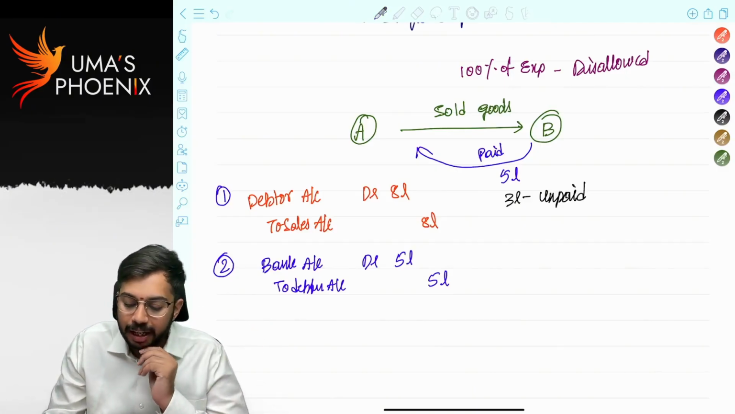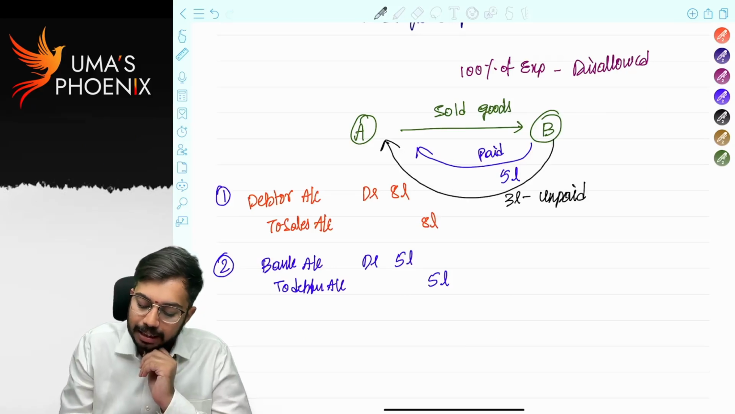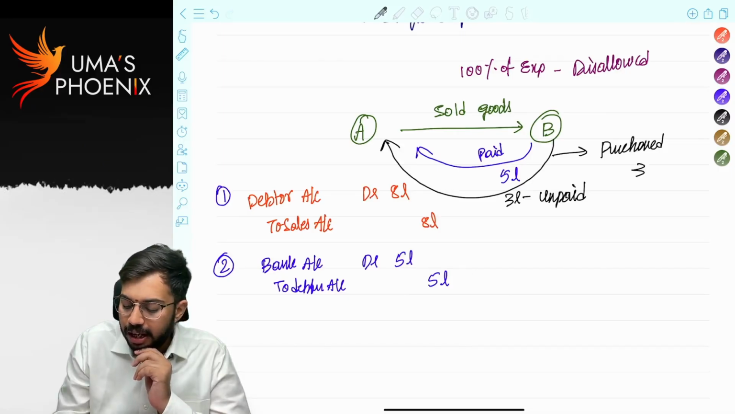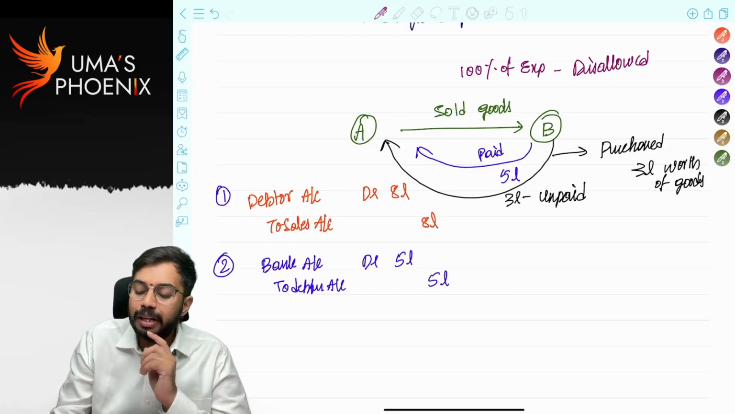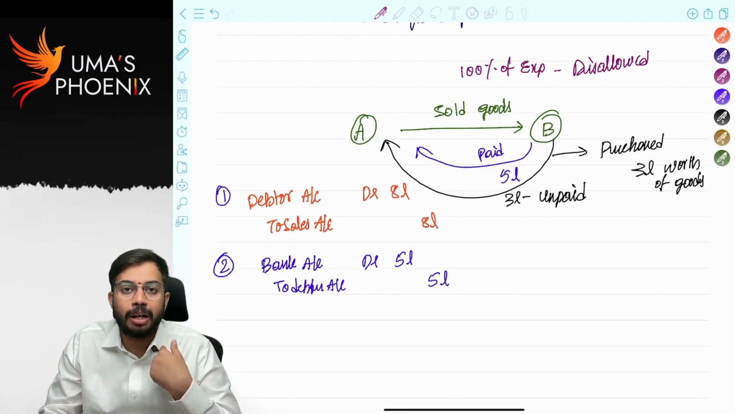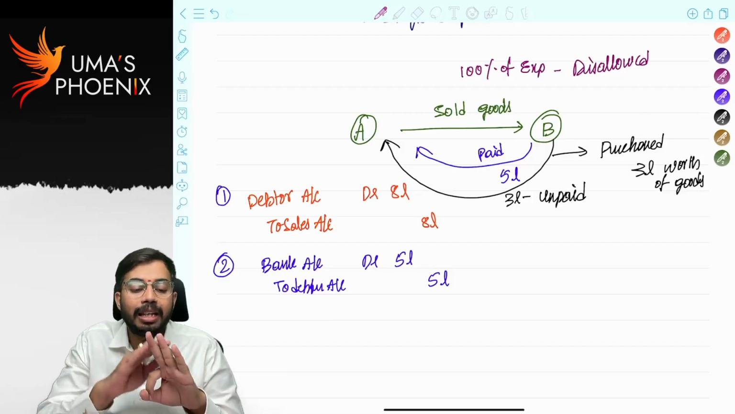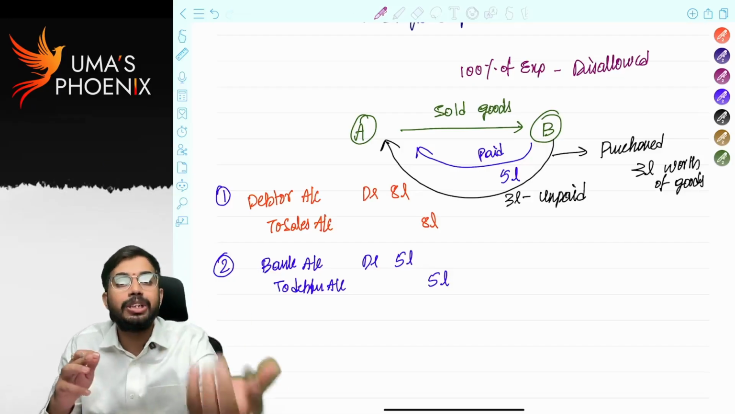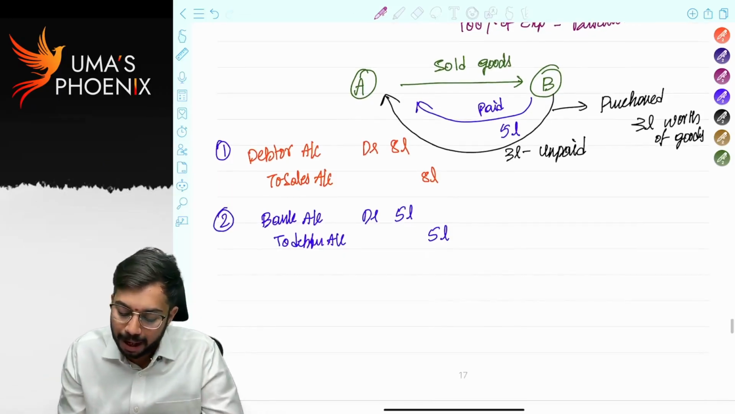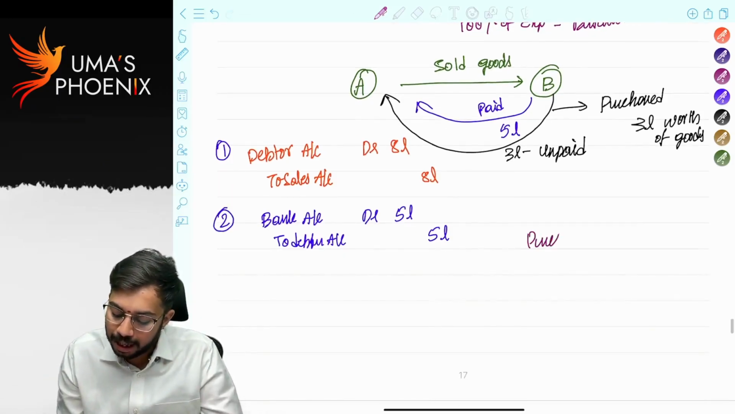So what did Mr. A do? Mr. A purchased 3 lakhs worth of goods. When Mr. A purchases 3 lakh worth of goods, Mr. A has to make the payment, right? But Mr. A did not make the payment. Mr. B is required to pay 3 lakhs to Mr. A. Against this debt of 3 lakhs, Mr. A purchased 3 lakhs worth of goods. Now what is the entry that will be passed? Purchases account debit